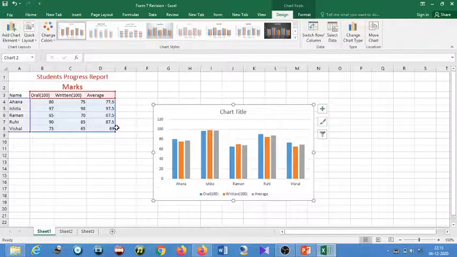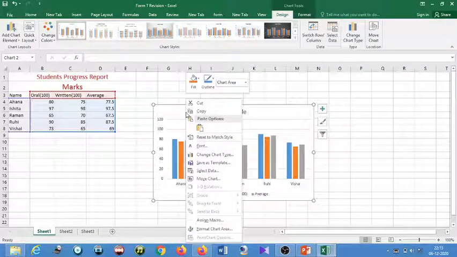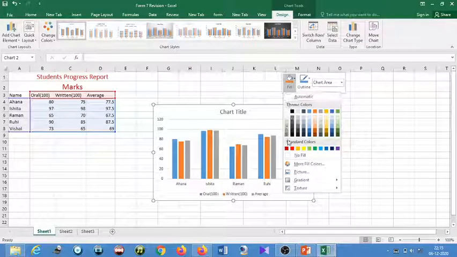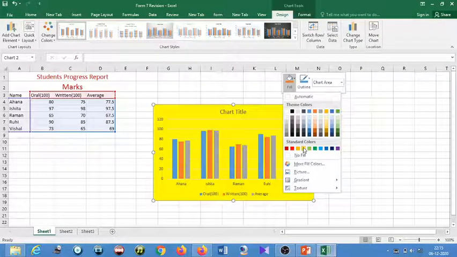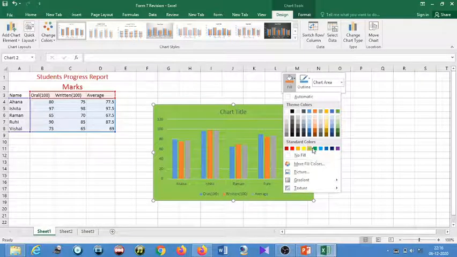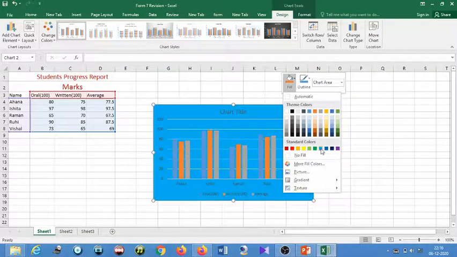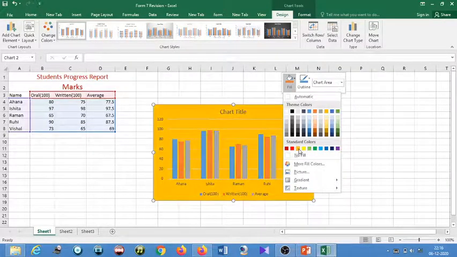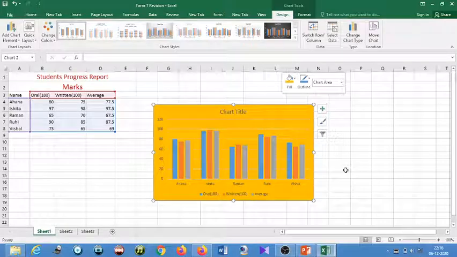From here you can format your chart, or you can just right click on it and format your chart. Look, I do the right click. Now fill color, if you want to fill color at the background. Got it? For example, if I choose this, in this way you can set the background color.